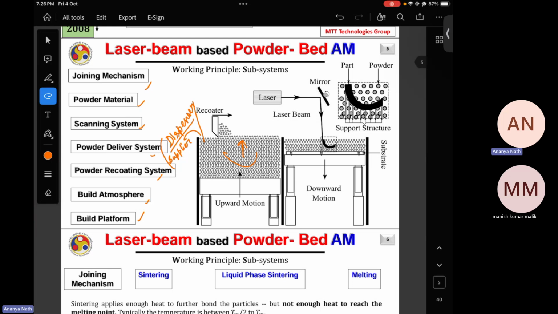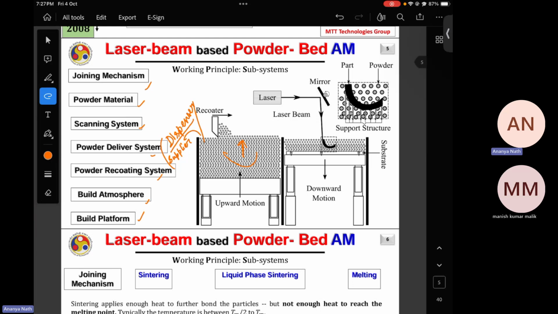There can be different types of delivery system also. There is this type of delivery system where the container is called the dispenser or supplier, and the supplier is moving up each step with each layer, and the recoater is just spreading the excess powder which has come up. Then you can have different recoaters. It can be roller, blade, brush, rubber, or ceramic. In metal also, like metallic blades, you can have HSS, normal stainless steel blade, or tool steel blade.